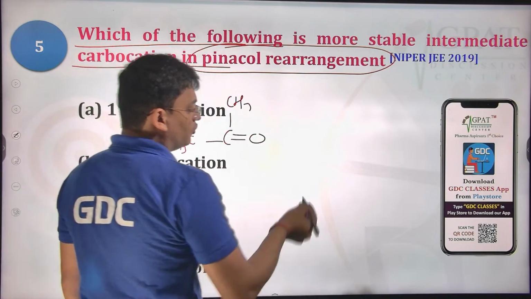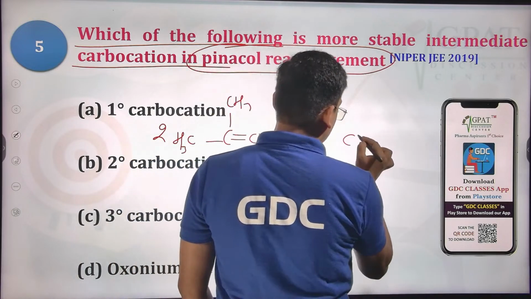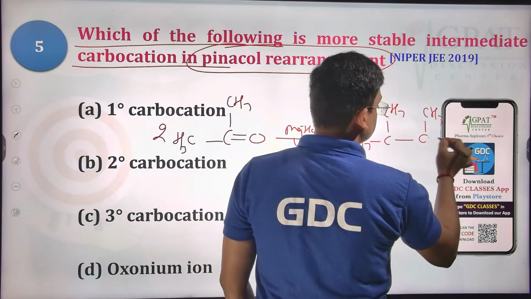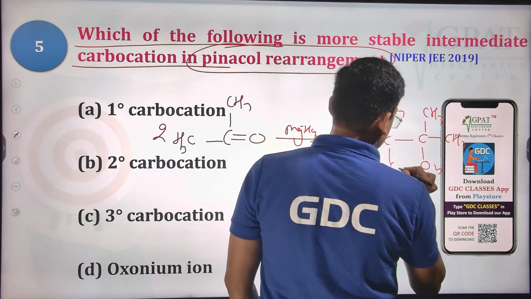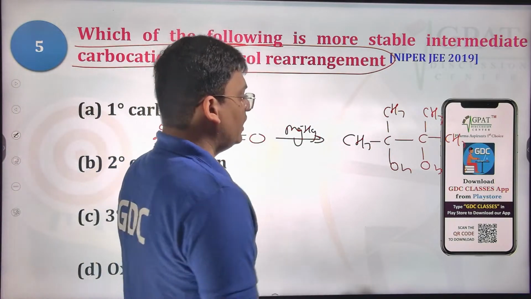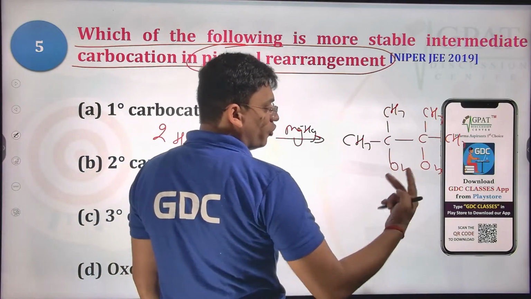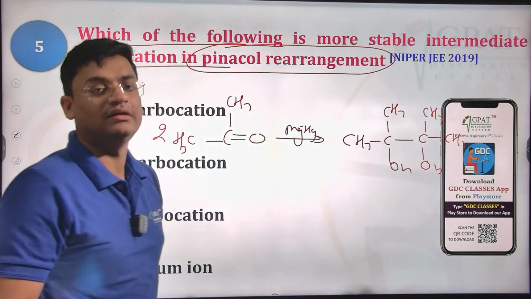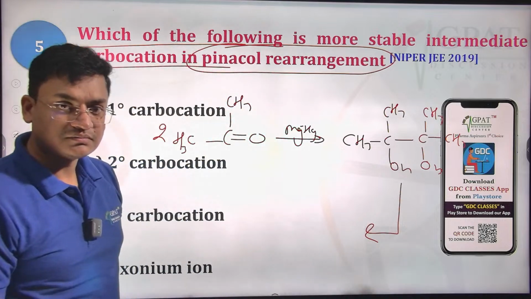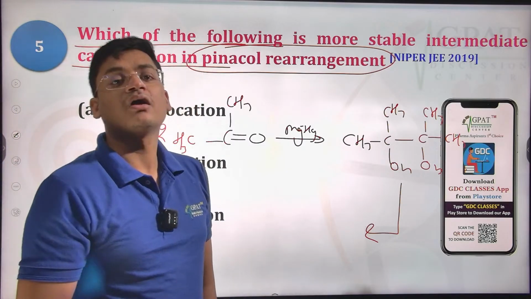The 2 moles of acetone in Mg-Hg is converted into CH3, CH3, CH3, CH3, OH, OH. This is also known as a vicinal diol. That is when the OH groups are present at 1,2 positions, adjacent carbons. This is a vicinal position. And when two OH groups are present on the same carbon, that is also known as geminal diols. So this is pinacol, and after the dehydration, it is rearranged into pinacolone,